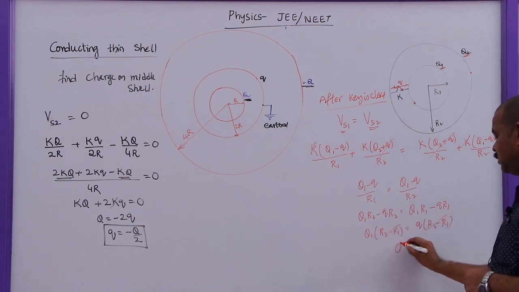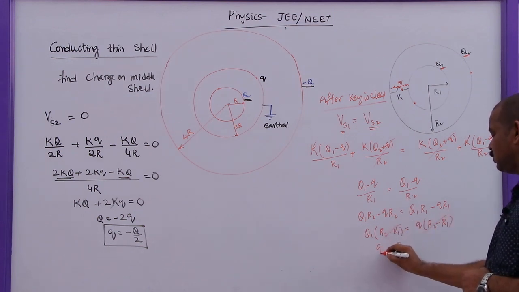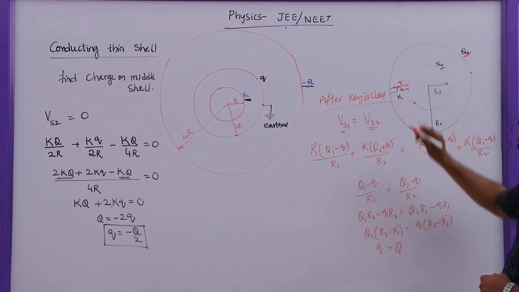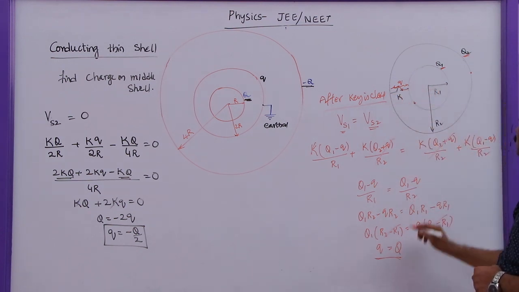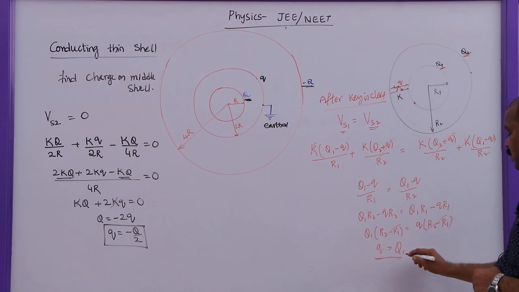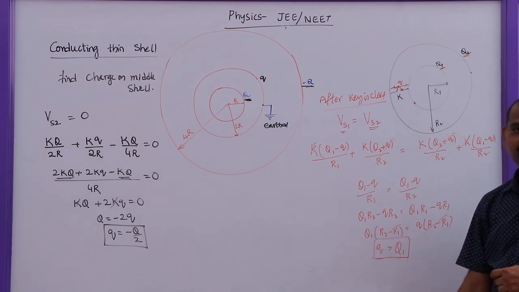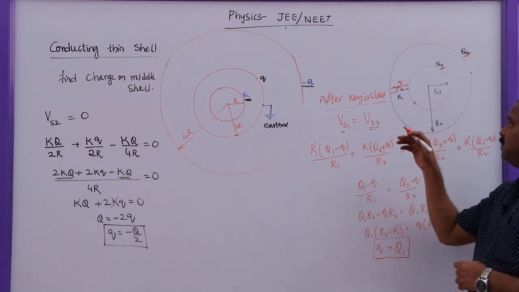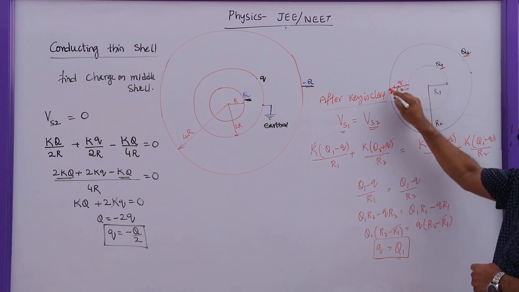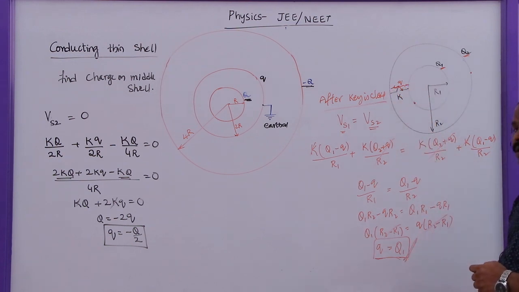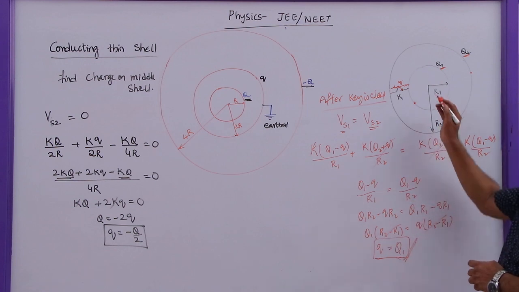As these two are same, the total charge that is traveling from this sphere to this sphere will be equal to the total charge on this sphere, which is given by Q1. That means whenever two spheres are connected like this, if they are metallic spheres, the entire charge will travel from here to here, because this is the charge that is going to flow through this key.